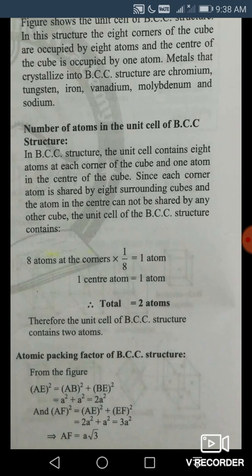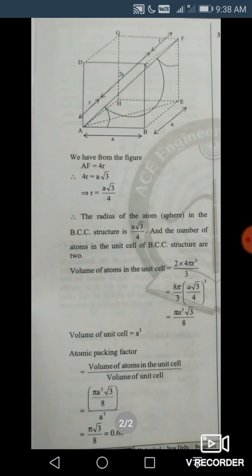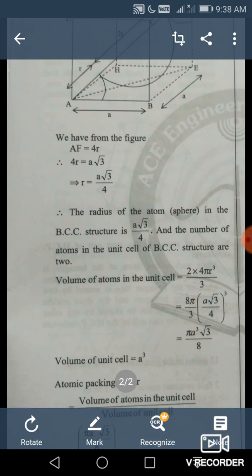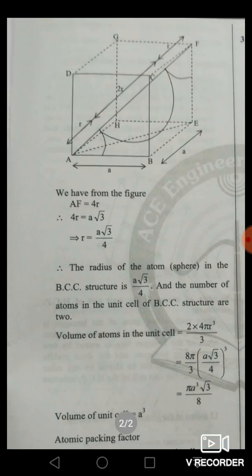Now I am going to show a very important figure where you can see this particular derivation. Just observe. Here the diagram shows a center atom, which contributes 2 radii, and also one corner atom at the left bottom and one corner atom at the right back. Each of those contributes 1 radius, r and r.